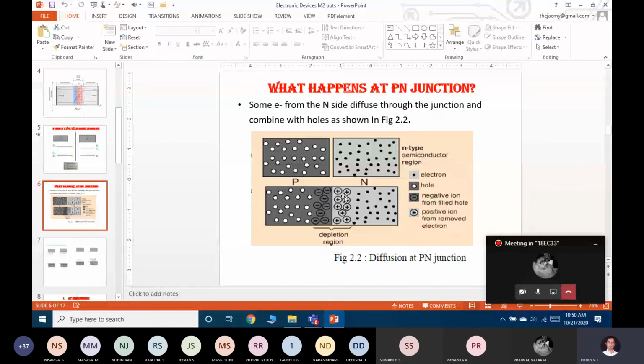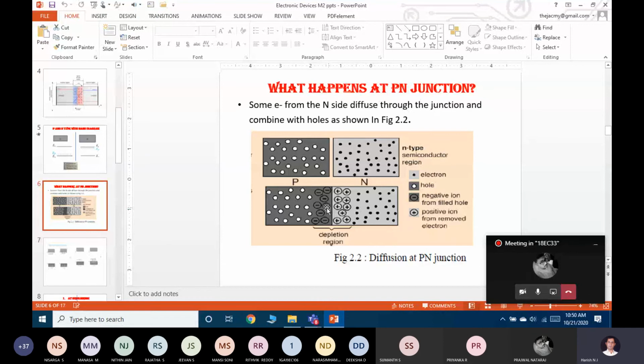Here, the electron is removed and a hole is created, which means a positive ion is created. How is the positive ion created here? It will be removing one electron from this place. Correct. So in such a way, these two things become an ion, an immobile ion.